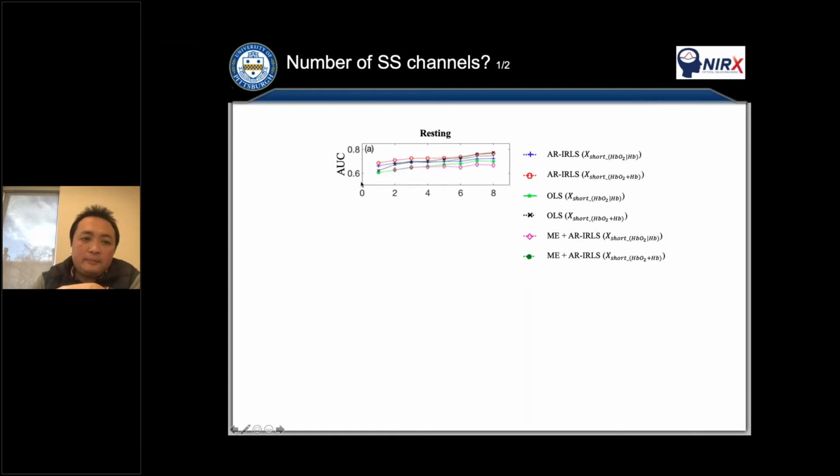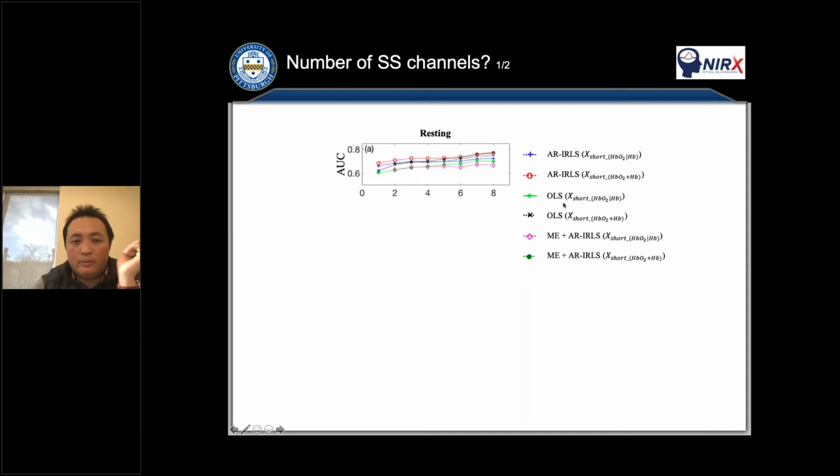You can see for resting state data, when you add more short separation channels, from the nearest short separation channel 1 to 8, the performance, or the AUC, also increases. Again, the autoregressive is the best one compared with the OLS, for the AUC and, of course, for the type 1 error too.